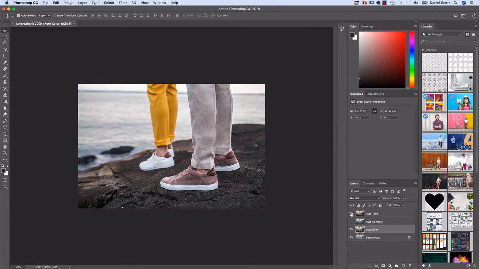So if I turn auto tone on and off, depending on what resolution you're watching this video in, you might not see very much of a difference. Okay, there's a little slight difference. It's just kind of maybe tonal range. Auto tone's got a warmer feel to it, and auto color has just a tiny green tinge to it. So a couple of things we've learnt is